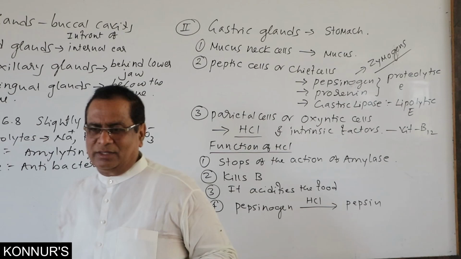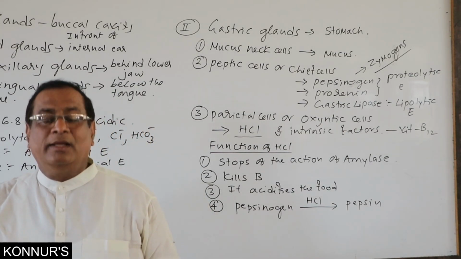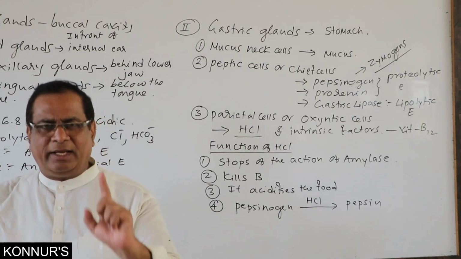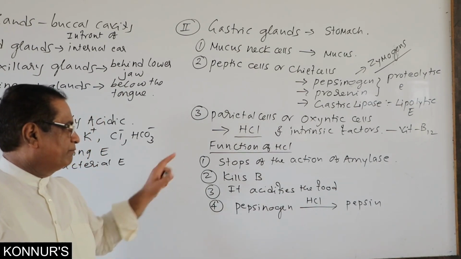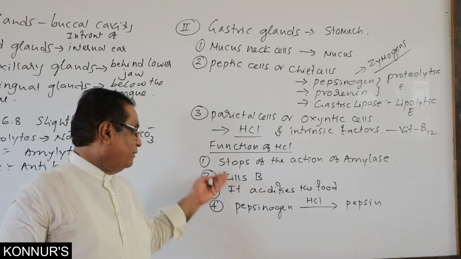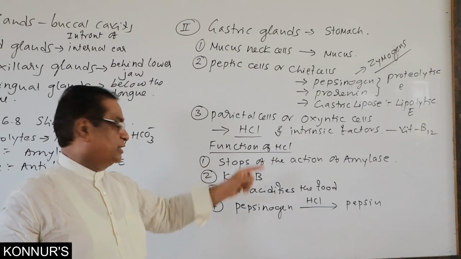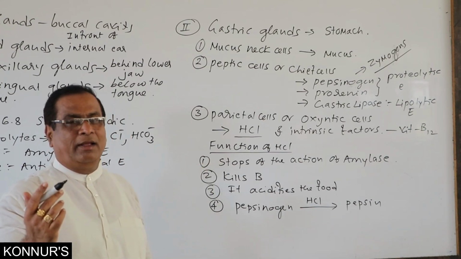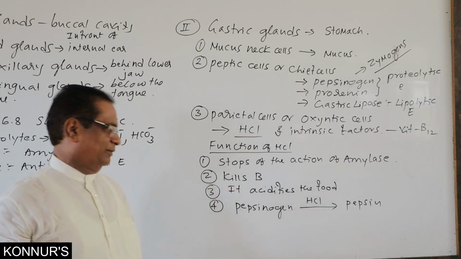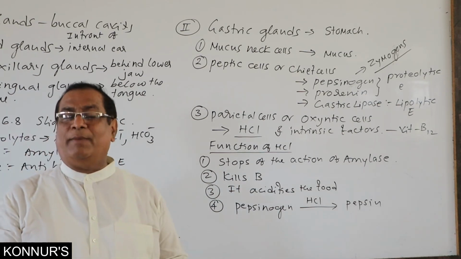They may make the question, the inactive form pepsinogen becomes the active form, that is pepsin, by the action of HCl. It is a very important function of HCl. Concerned to this, they may ask the question. Even about the first function of that HCl, they may modify, twist the question and ask,